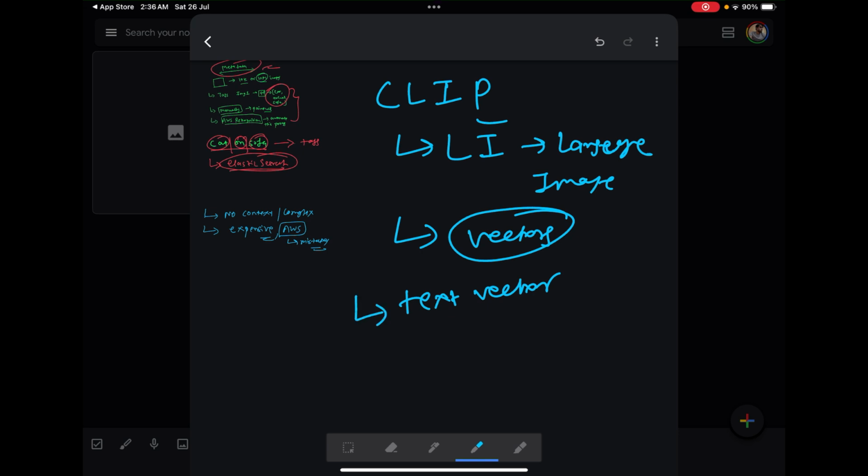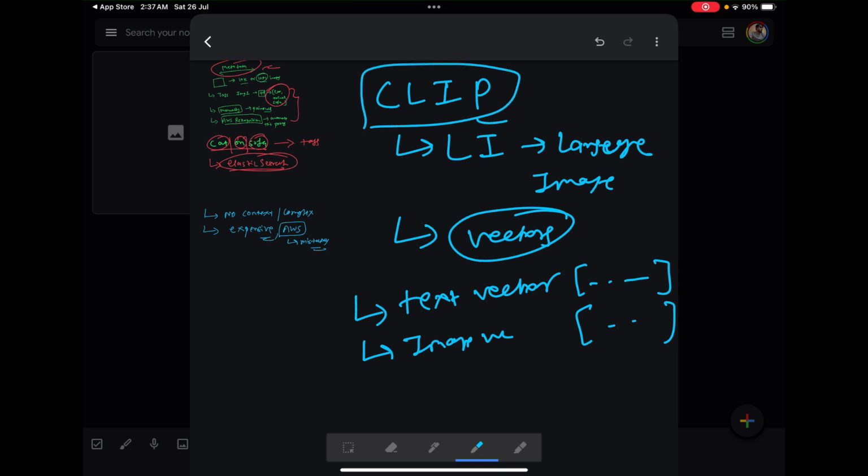So for example, I have an image of a cat. Text could be a cat sitting on a sofa. So we can have a vector. A vector is just a list of numbers, and we can have an actual image vector. Again, this is also a list of numbers. And the genius thing about CLIP is that these two vectors will be, although these vectors are in very high dimension, if we plot these vectors, these would be very close